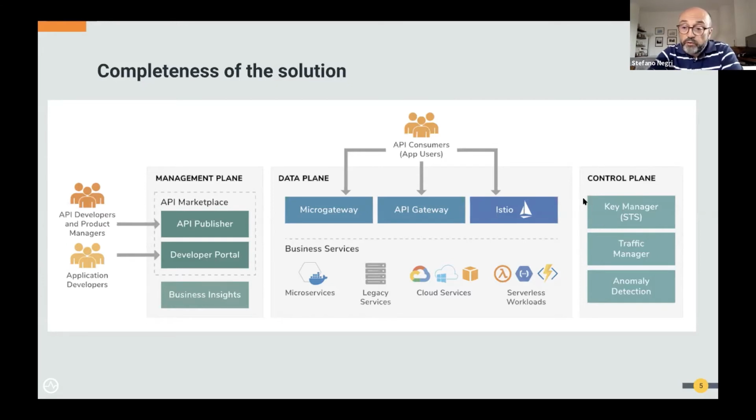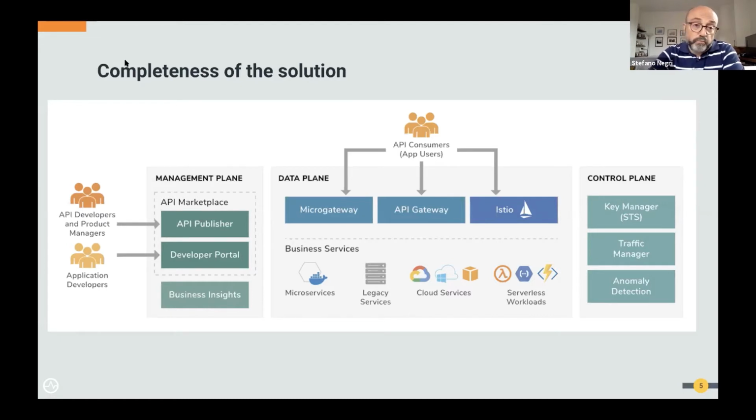And then we have the control plane, the component where the policies created by the API publisher apply. For example, a key manager, a fully integrated key manager for identity and security policies, and a traffic manager for throttling and for enabling monetization.